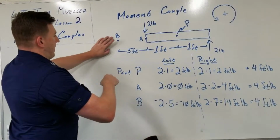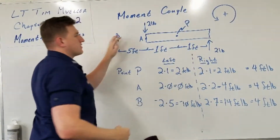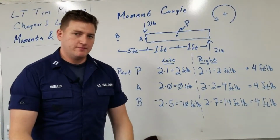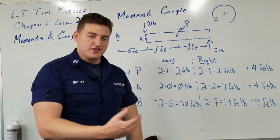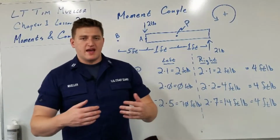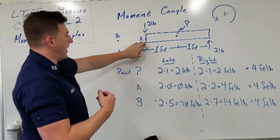Now if we look at it, about point B, this arrow makes everything want to go counterclockwise. So that's a positive moment. So we have a positive 14, a negative 10, we just add them together and we get a positive 4 foot-pounds, which means that no matter where we take this reference point, it can be B, A,